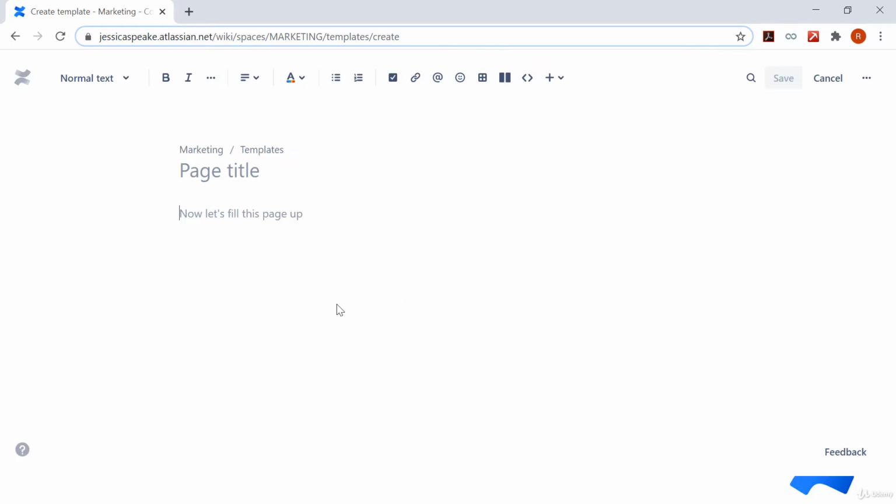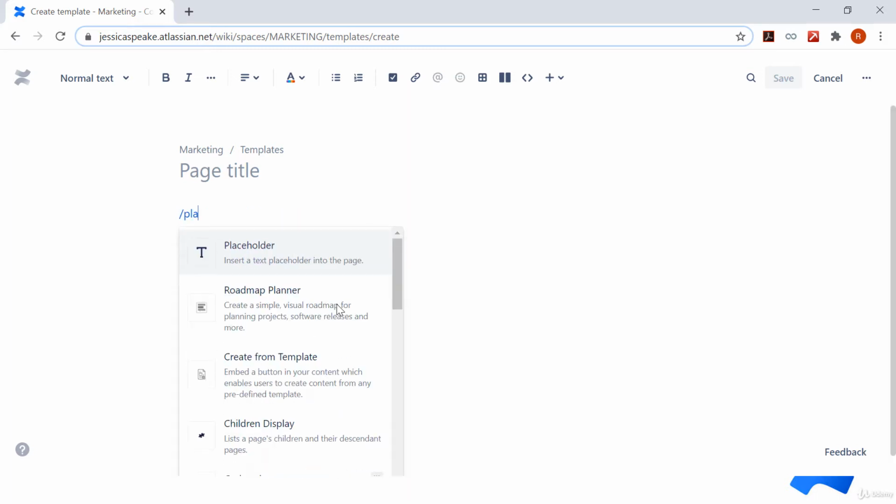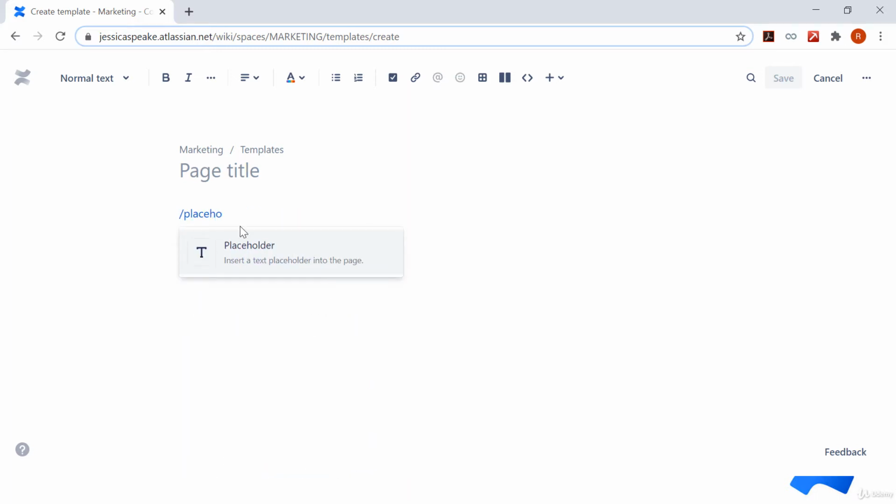The create template functionality also provides you the feature called placeholder text, which can be used to add instructions or sample text to pages created from a template. So for example, in order to add a placeholder text, just type / and search for placeholder macro. So you can add any text over here. So I've added a sample text, hit enter.